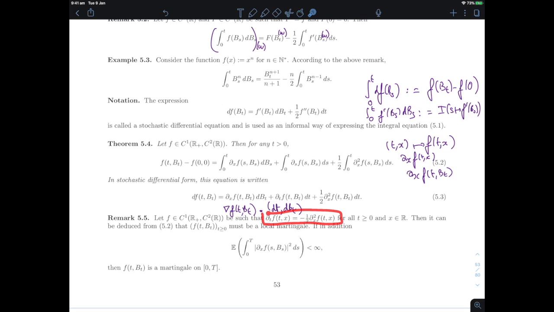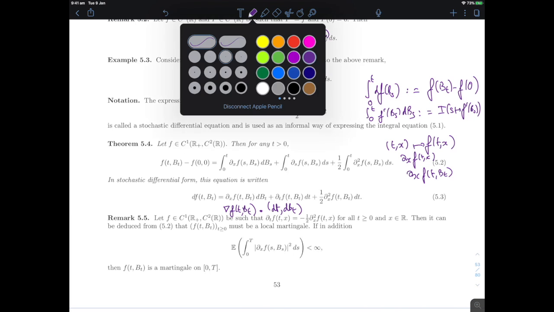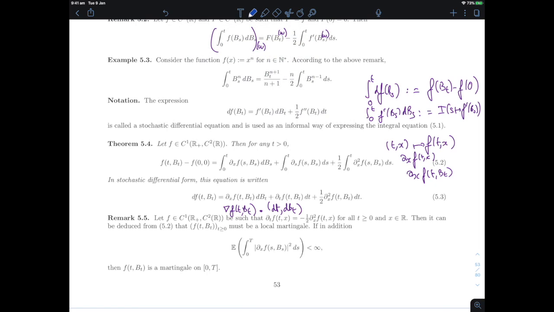So what happens if dt of f is exactly equal to minus 1/2 of dx squared of f? If that happens, then, let's use maybe a different color for that, this term here will compensate exactly this term there. So what you would get is that in that particular instance, there's no integral against ds in the Ito formula. And what you're getting is that f of (t, Bt) minus f of (0, 0) is equal to the integral from 0 to t of dx of f (s, Bs)